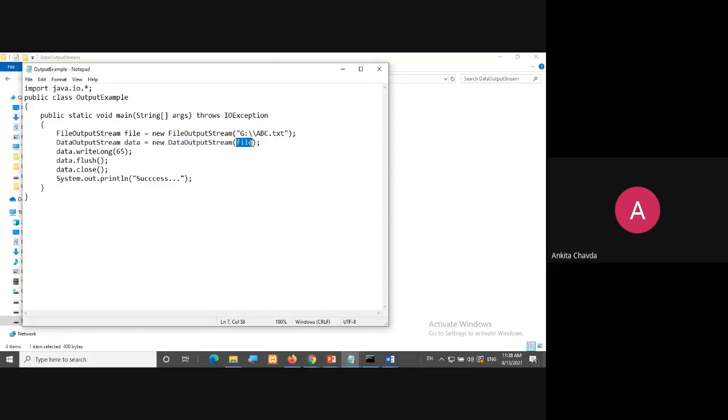Do you remember that I have shown you that hierarchy, that for the data stream you cannot directly open this file? What I said, you have to pass the object of another stream which is FileOutputStream, right? So this is what you are doing. You can even write here new FileOutputStream with Control C and Control V, so that you can simply write.